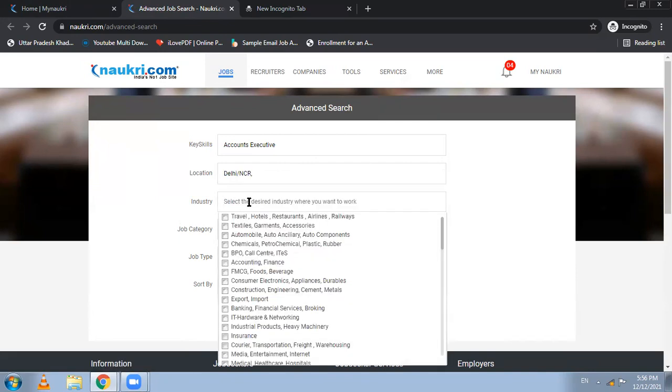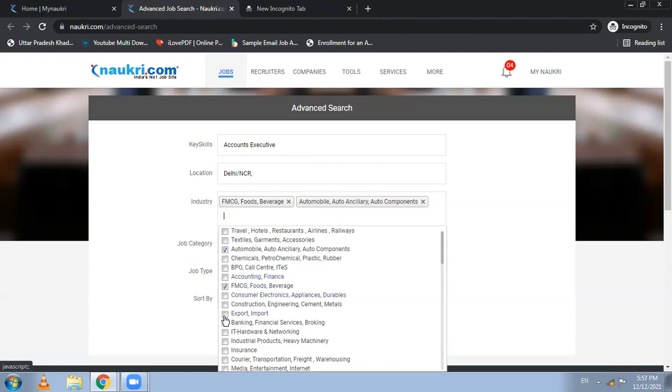Then you can choose the industry here. It will show you only those jobs from whichever industry you choose. For example, automobile. You can choose up to 2 industries here, FMCG.